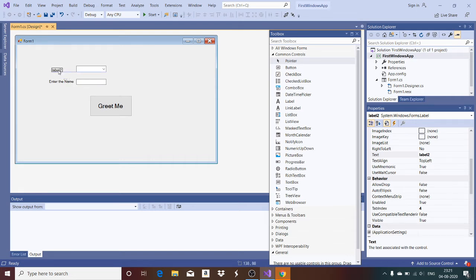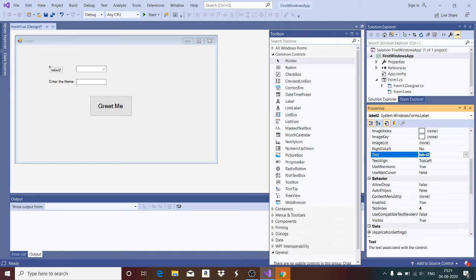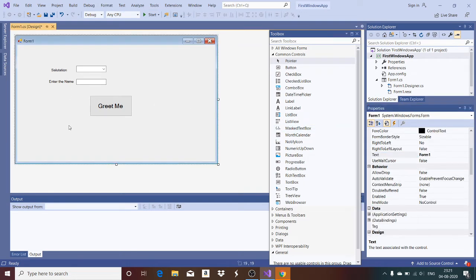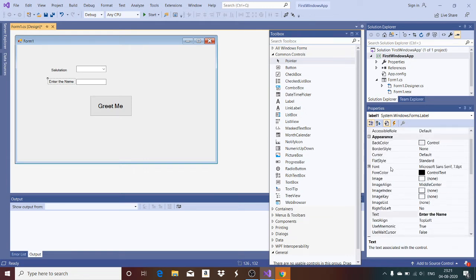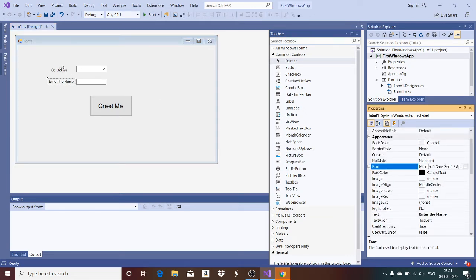And I want to have the salutation as a label here. So I add another label and I change the text of the label to salutation, so it comes like this. Okay. So now when I want to run this program, if I click greet, again the salutation, enter the name, for all these things, if you want to change the font size, all those things can be done by changing the properties of the label. You can go and choose the font here and that can be changed. In the same way for salutation also, choose the font here and change it.